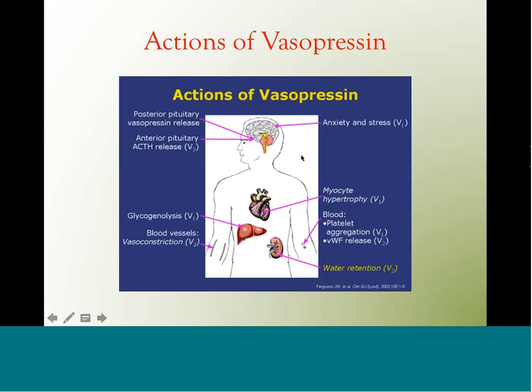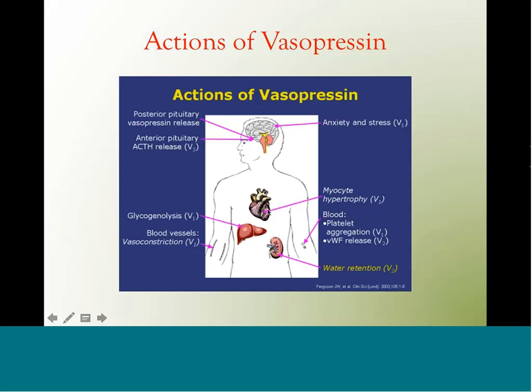And this is another slide showing similar information, that there are different receptors. I'll show that on the next slide. The V1 receptor is in the brain. It therefore is involved in things like anxiety and stress. This is something that's called the V1B receptor. The V1B receptor is also called the V3 receptor, where it's in the anterior pituitary and controls ACTH release. So the V1 is involved in anxiety and stress in the brain. The V3 receptor is in the anterior pituitary and is involved in ACTH release.